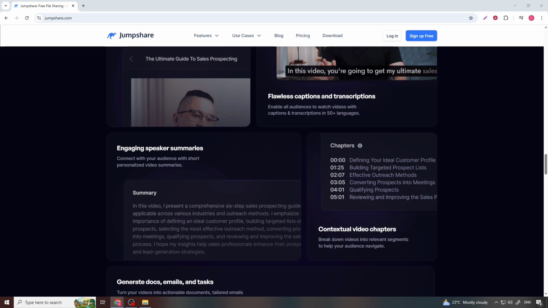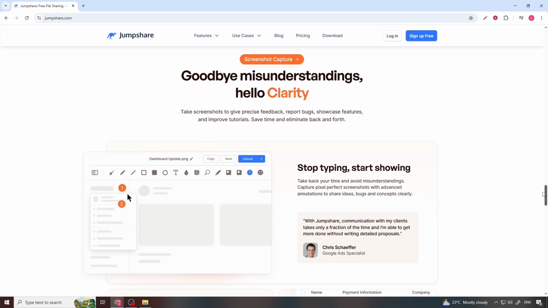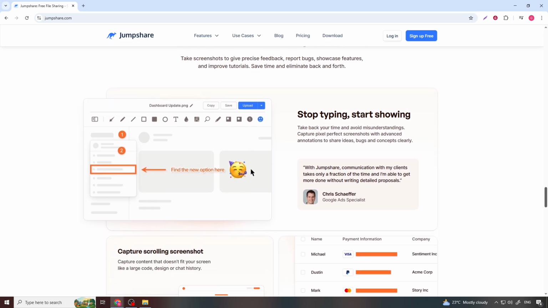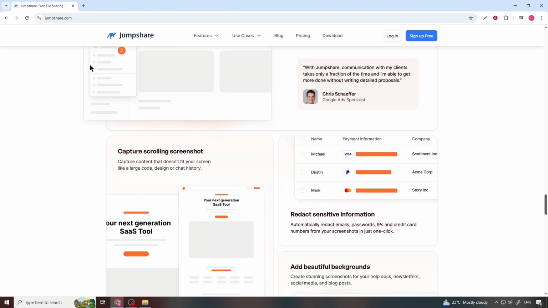Overall, Jumpshare is best suited for users who value speed, clarity, and ease of sharing. It excels at visual communication, quick explanations, and file delivery without unnecessary complexity. While it won't replace full video editing suites, it delivers exactly what it promises: fast, effective screen-based communication that keeps